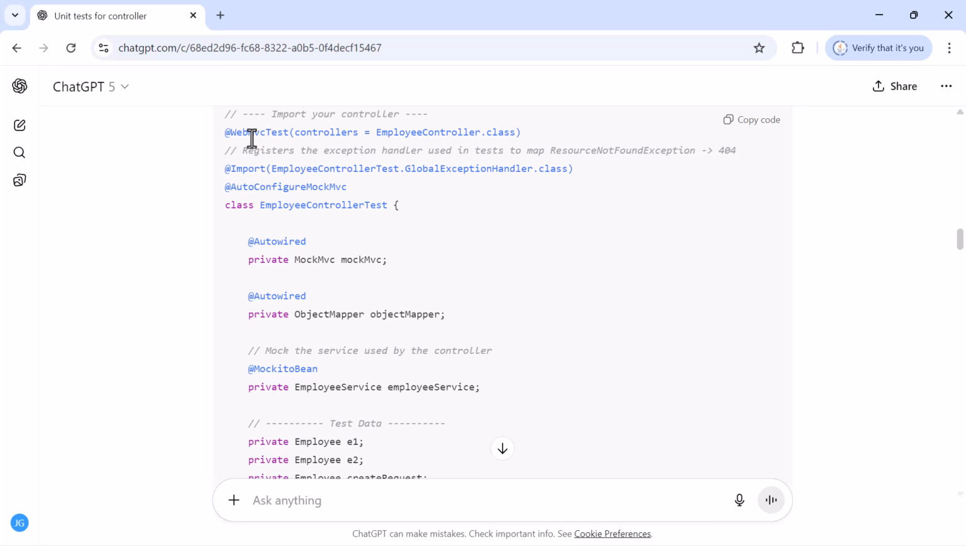It is annotated with MVC test annotation, auto configure mock MVC annotation, and import annotation. So this import annotation is extra added over here. So ChatGPT paid version basically assumed that we are telling it to use the global exception handler as well. But we haven't mentioned this global exception handler in the prompt. But even though we haven't mentioned it, the paid version assumed that we are using global exception handler in our